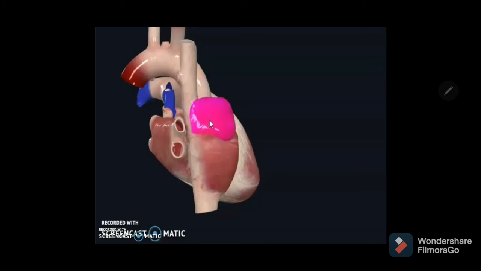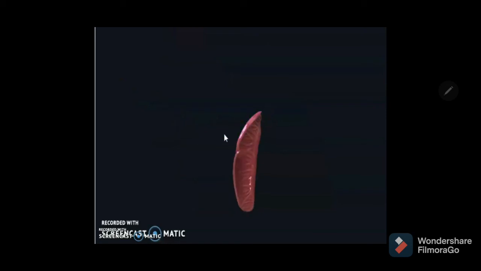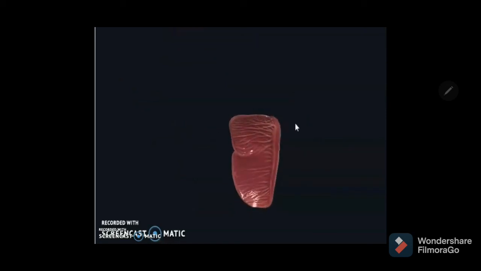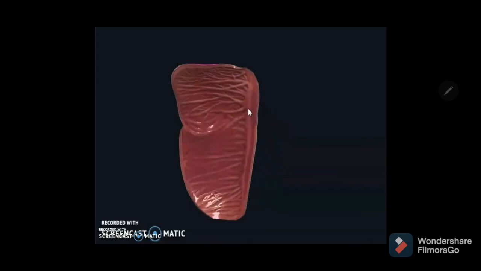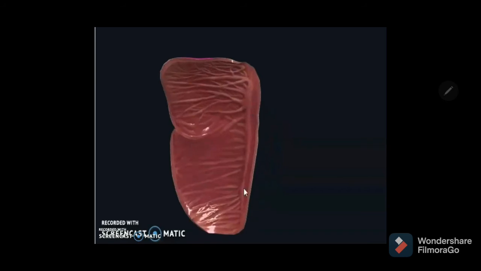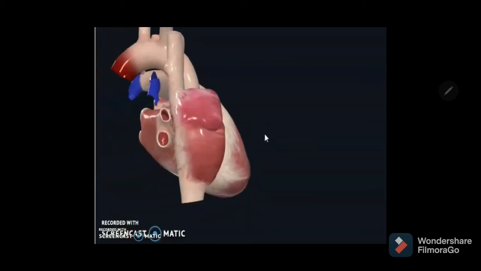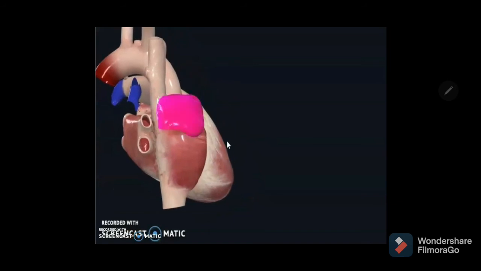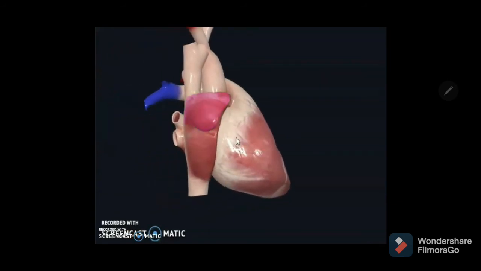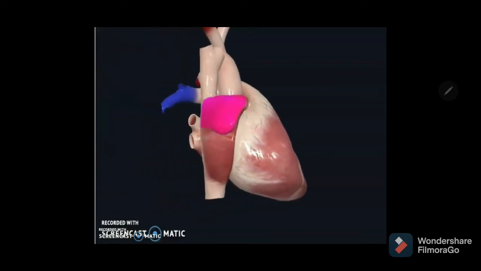You can cut along this sulcus terminalis. It extends between the opening of the superior vena cava and inferior vena cava. Inside it is called the crista terminalis. Again I am showing you, that is the crista terminalis. From there you can see the irregular muscular ridges directed downwards and forwards towards the tricuspid valve, as if they are carrying the blood from the openings into the right ventricle. So the direction is like that, and you are seeing the anterior rough part.